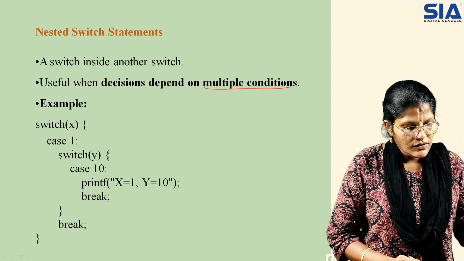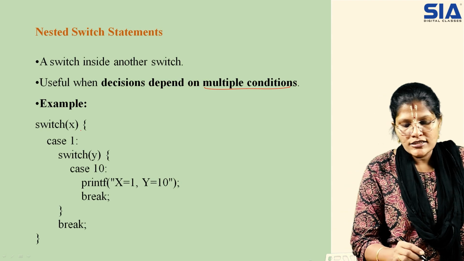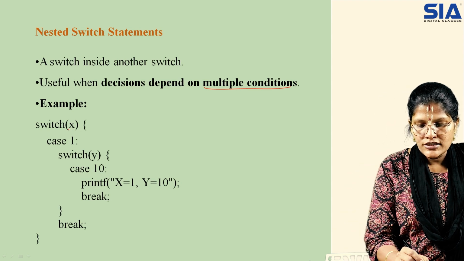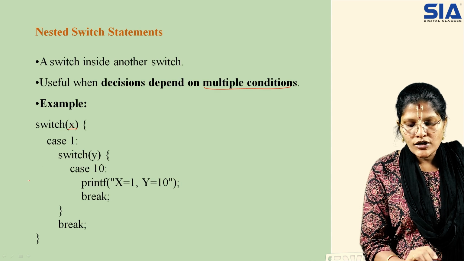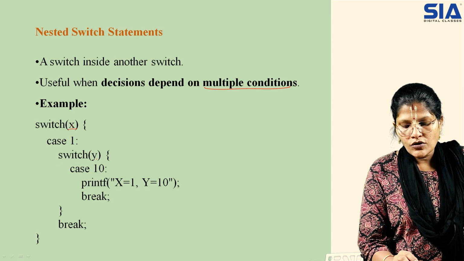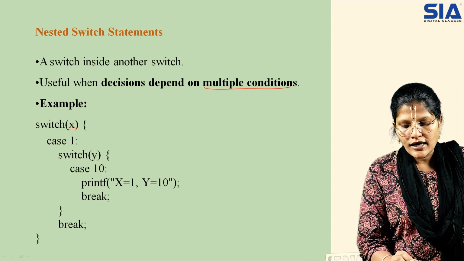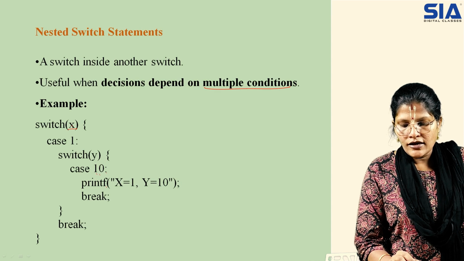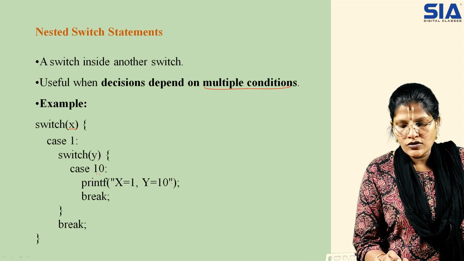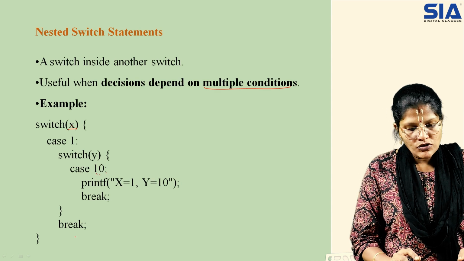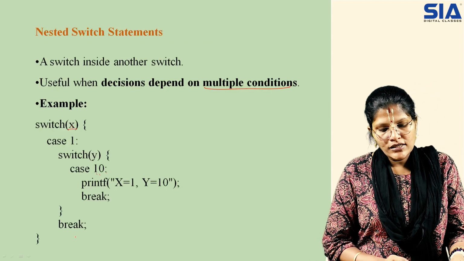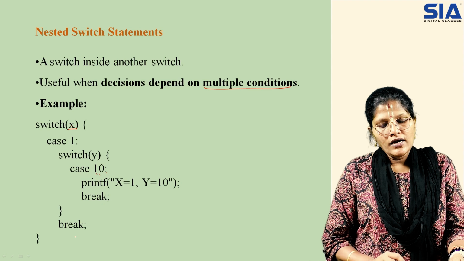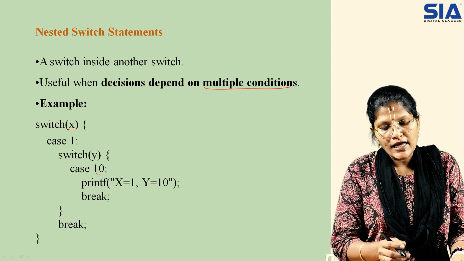Now whenever you are checking multiple statements, just check the condition here, that is switch of x, specifying the expression. Now you are checking case 1. In this, you have a switch of y. In this you have a case 10. If the x value is 1 and y is equal to 10, that is, if the user has given me 10, then you execute the statement of case 1, you execute case 10, and you come out.